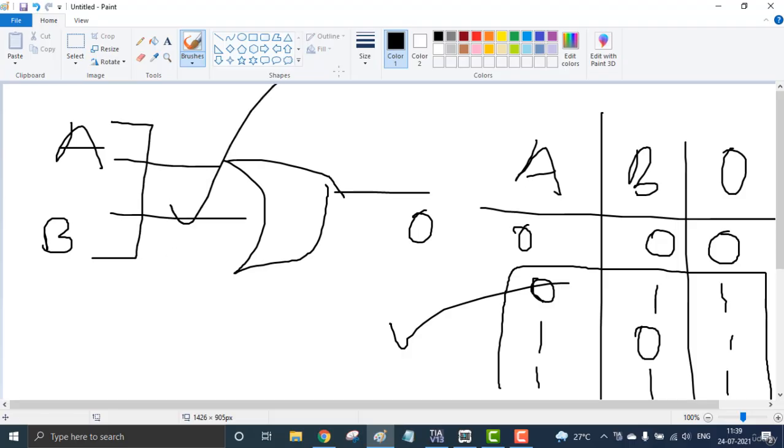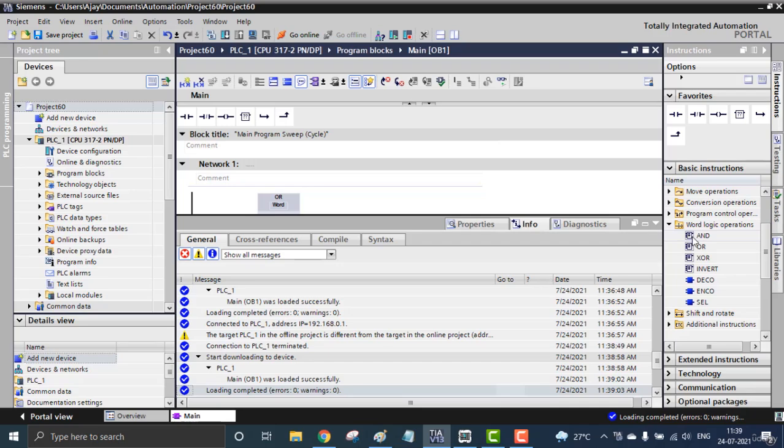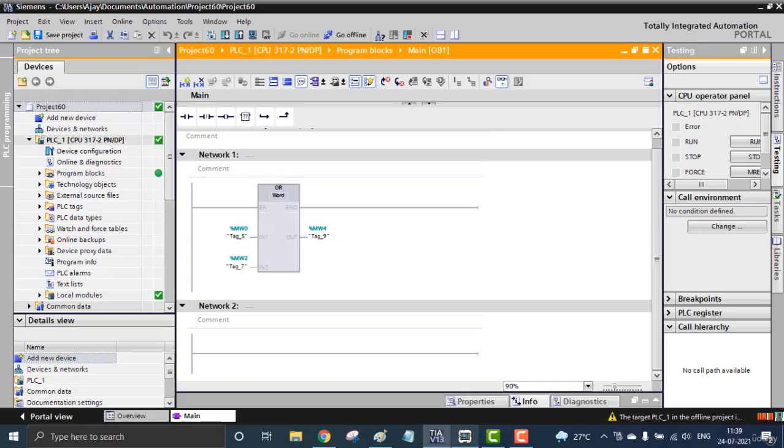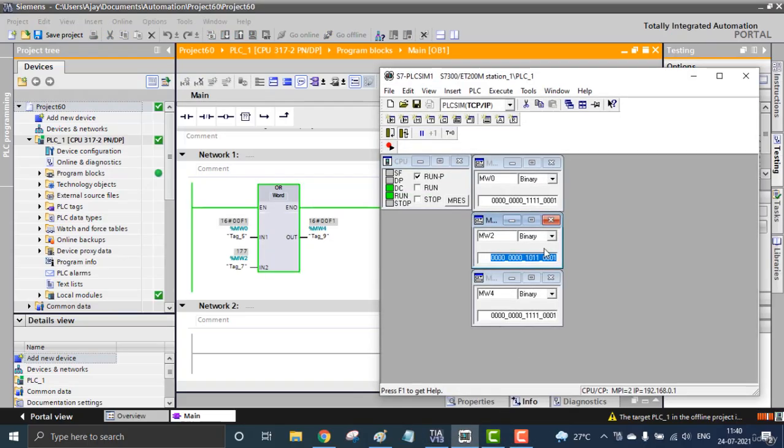A or B, we get the output on. That's it. So we can go for the runtime. In this current condition you can see if any one of these is activated, 1 1 1, and here 1 1 1 0 1 1. Here you can see the 4 ones, and here 3 ones, but in the result we are getting all the ones, because if any one of the inputs is 1 we get the output. Here I am making it 1, and we got the output right here, because any one input is present.